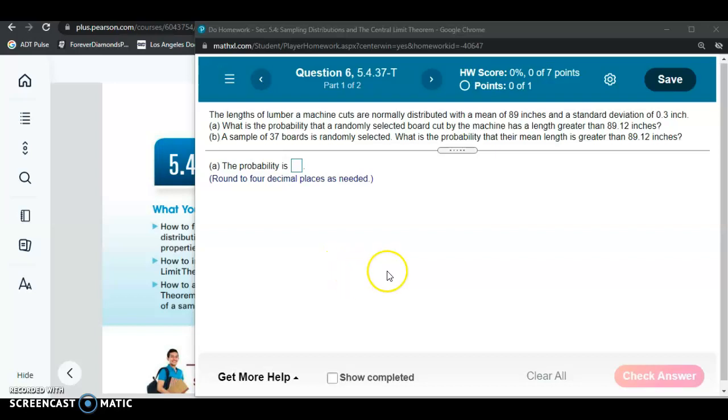So let's do one more example from the homework in section 5.4. This is question 6 in the homework. It says that the lengths of lumber the machine cuts are normally distributed with a mean of 89 inches and a standard deviation of 0.3 inches. And part A asks, what is the probability that a randomly selected board cut by the machine has a length greater than